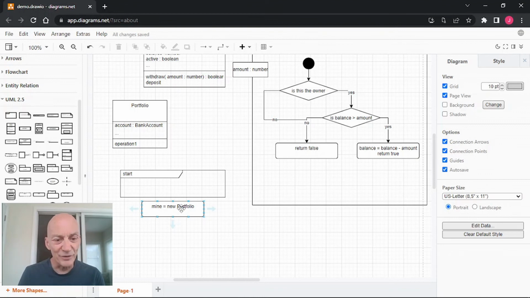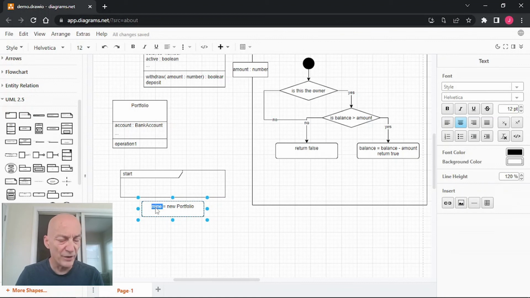Okay, and I'm going to reserve that, and mine, the name of the variable, if you will, is going to be a reference to that memory location, to that region of memory, the first address of that memory where this portfolio object is stored. And so then what would happen is if I said